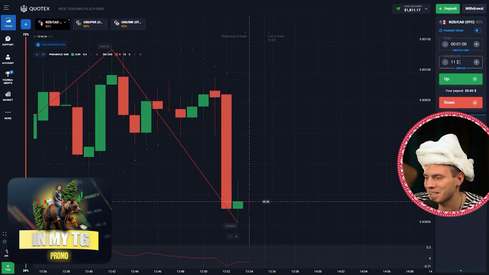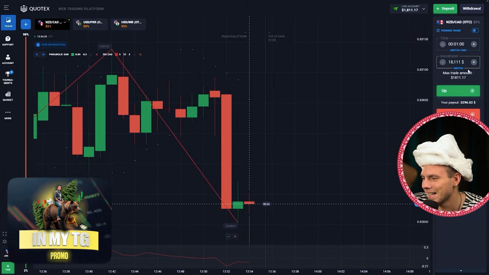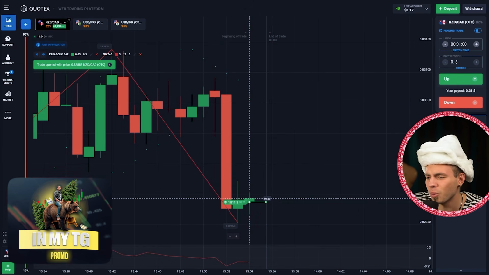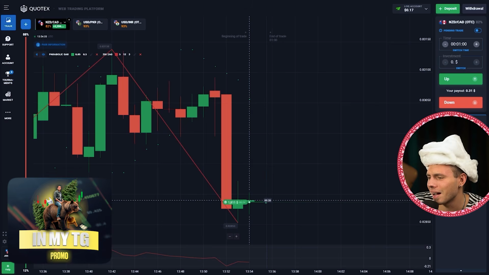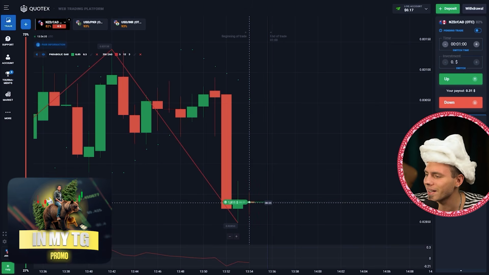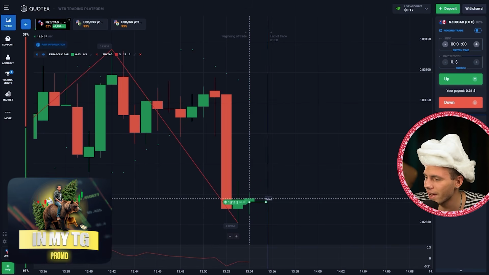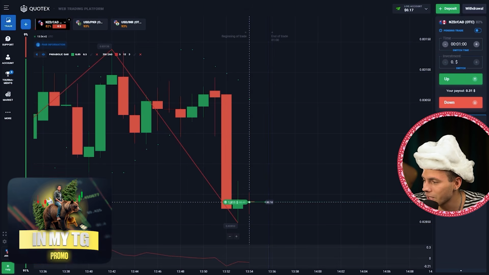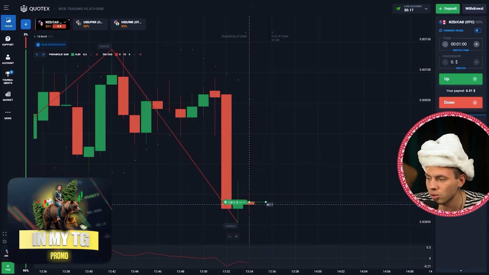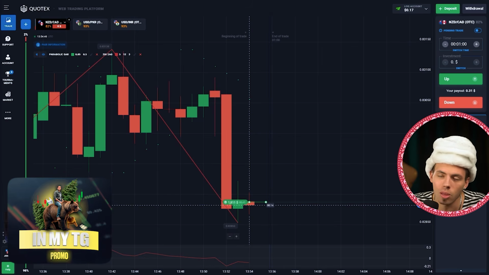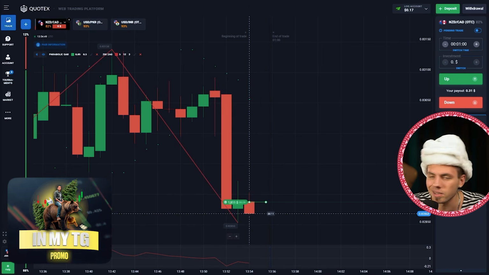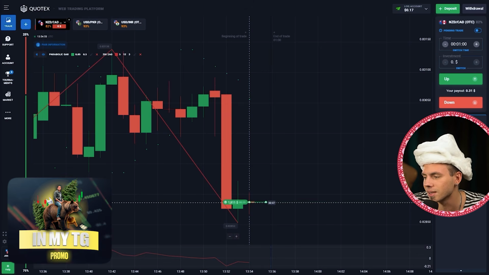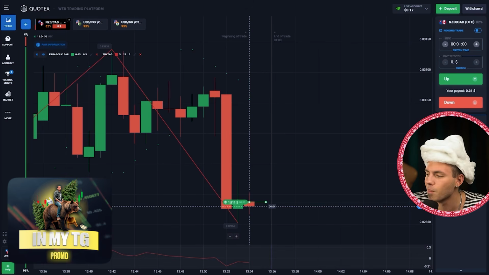Okay, very interesting situation. Let's set the amount, and right now I'm opening a buy trade over here. So what pair do we have? We have the New Zealand dollar to the Canadian dollar. Interesting. A very, very large abnormal bearish candle over here, you see. We expect a bounce upwards from the local oversold zone right now. That's the only possible continuation of what's happening over here, because this one candle was extremely abnormal, and